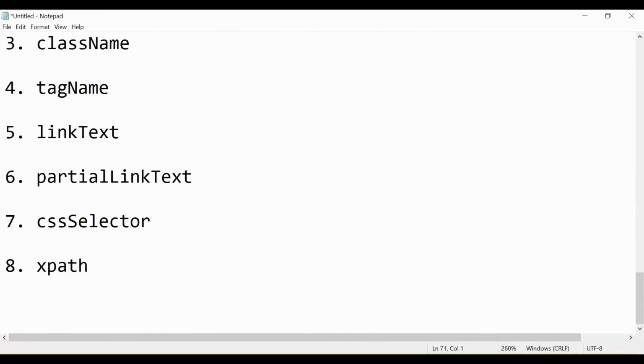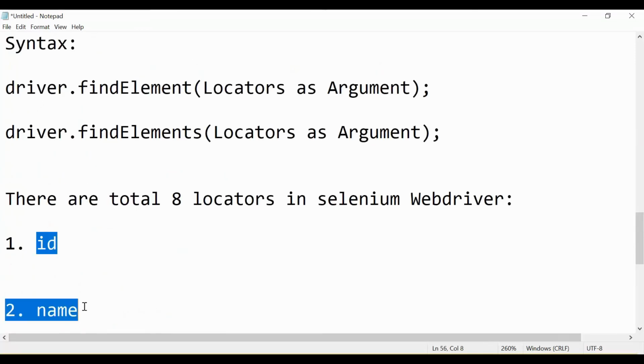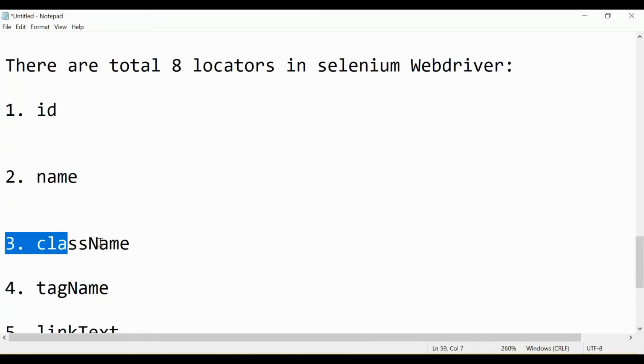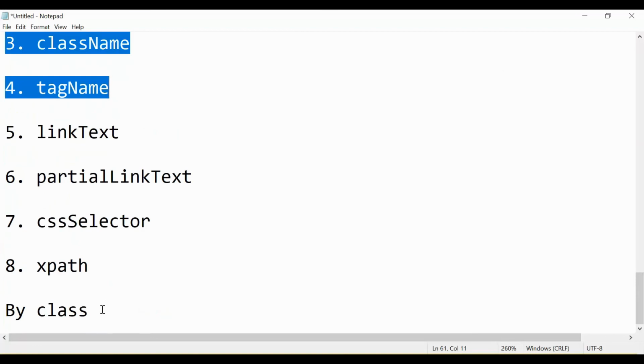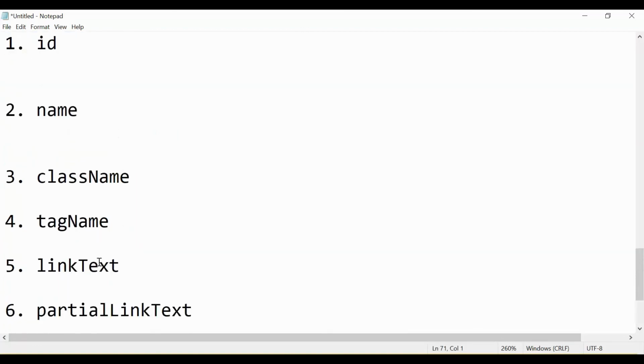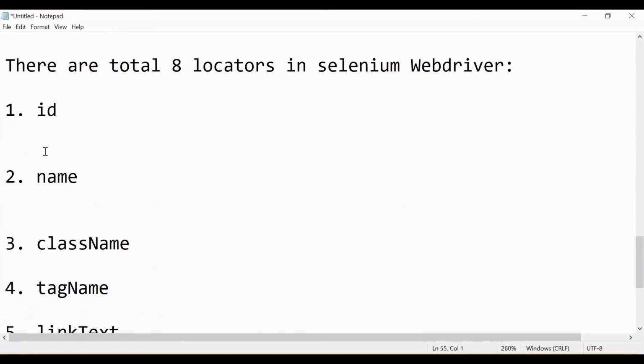There is one class, By. The By class, which is present in Selenium WebDriver, has all these static methods, and with the help of the class name we will be able to call these methods. So I will give the syntax as of now. What is the syntax?